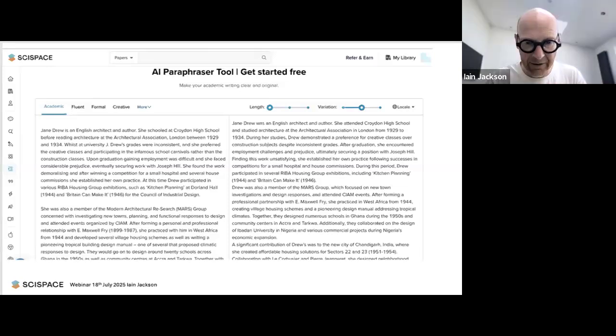And in my example here on the left-hand pane, I used a 500-word mini biography on an architect. So the left-hand side is entirely my own work, and then the right-hand side is the paraphraser. I said, keep the variation the same. You can alter certain parameters if you want to. I was happy with the format and the composition, but I needed it to be shorter. So I reduced the length parameter. And the paraphraser chopped out 130 words.